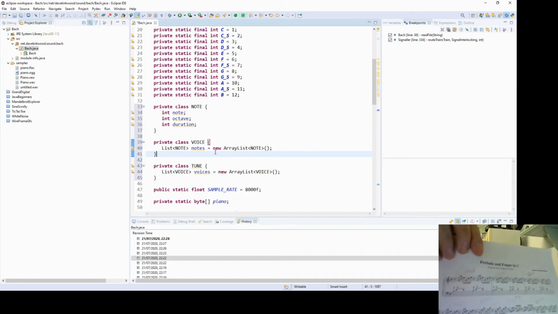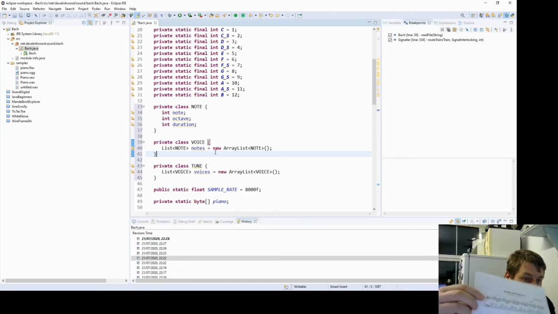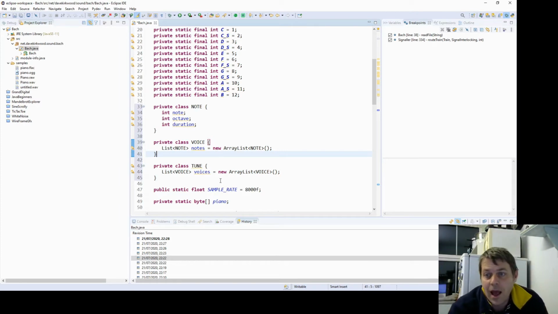and that may be silence, but that's going to correspond with one line out of the sheet music. So there's 2 voices really in this music. This is played at the same time as that. And then a tune is going to be a list of voices. So I think this entire